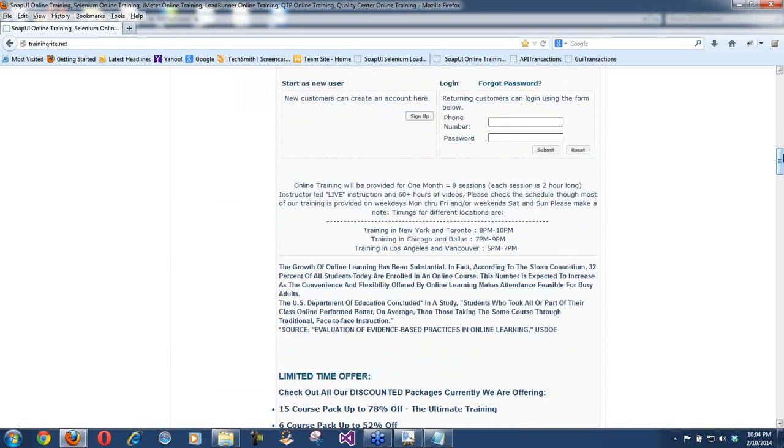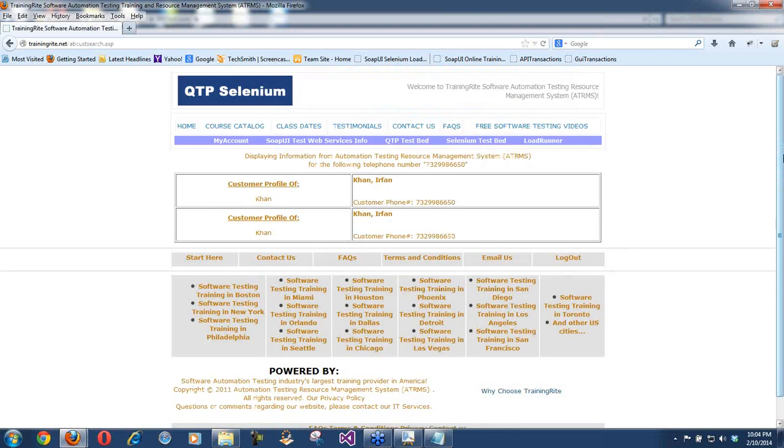Keep an eye now on that phone number. There it is. On that password, click on that, and there it is. So that is your very first interaction with